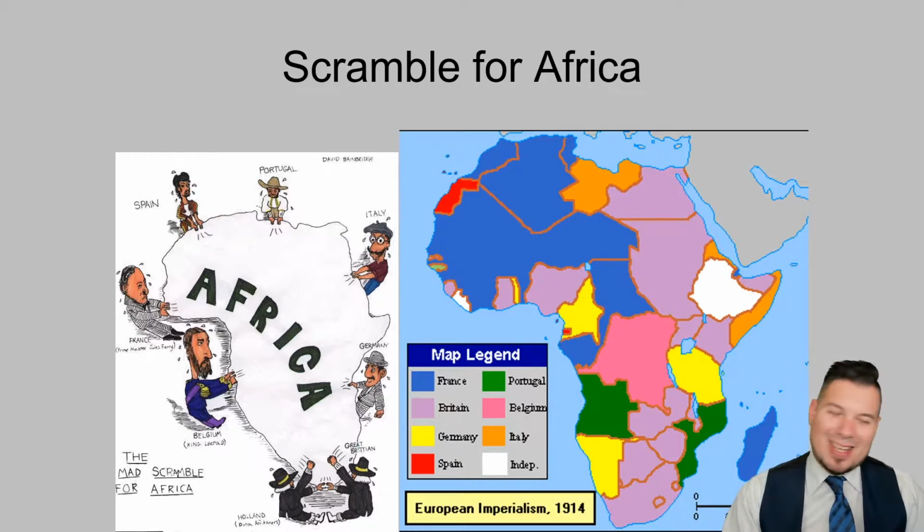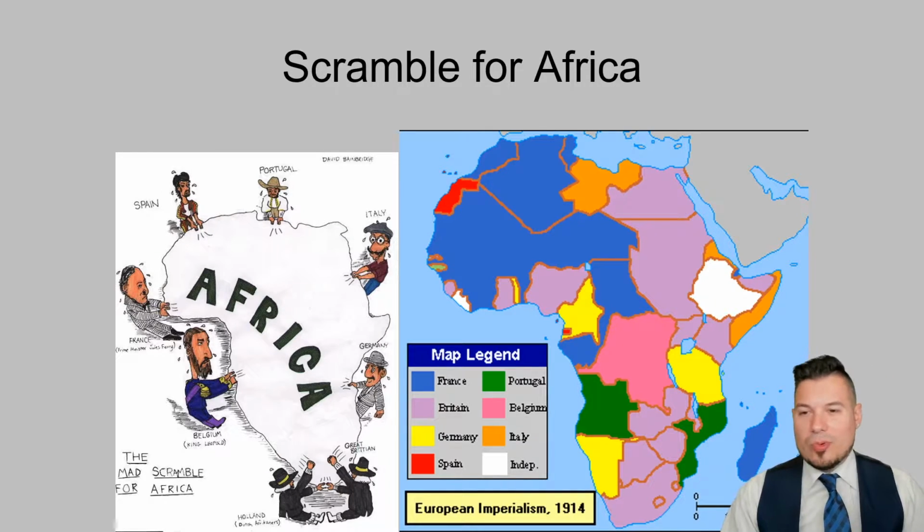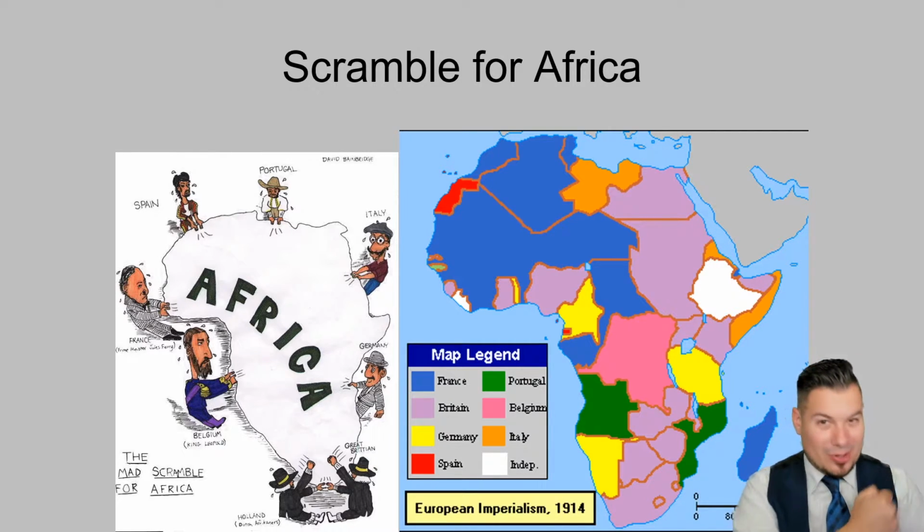And probably the biggest example is the Scramble for Africa. As you can see in the map here, by 1914, the outbreak of World War I, most of Africa is divvied up by these empires. It actually all started right in the Congo with, believe it or not, Belgium taking over the Congo, and from there it just was a scramble to take as much land as they could as quickly as they could.